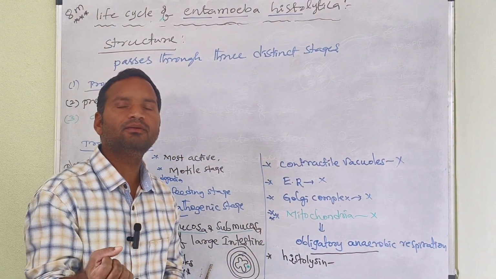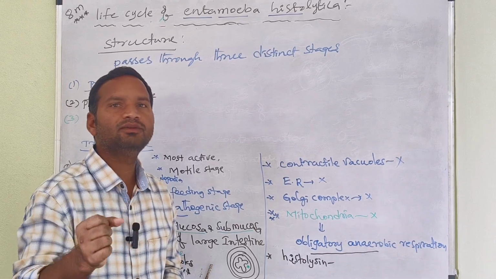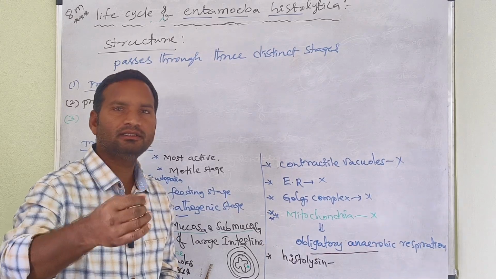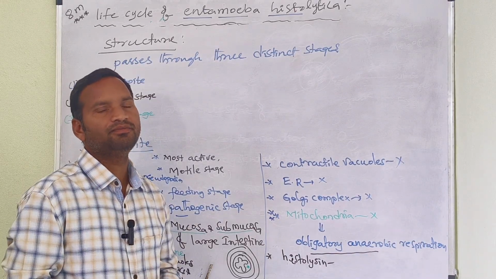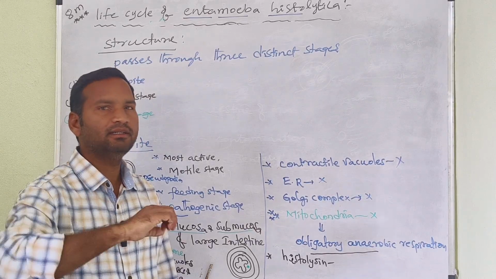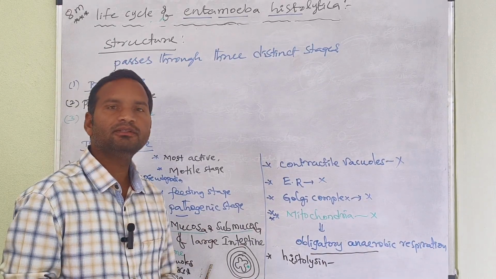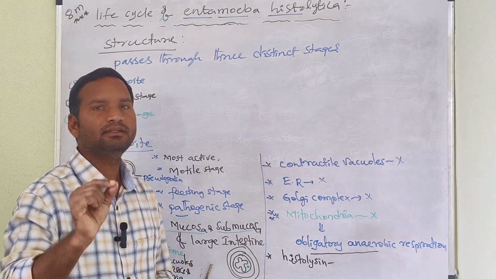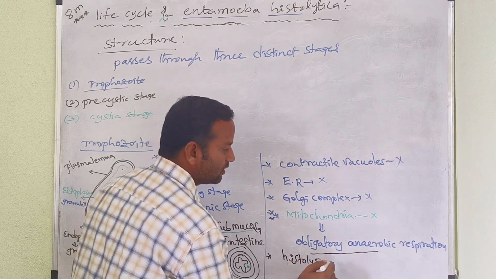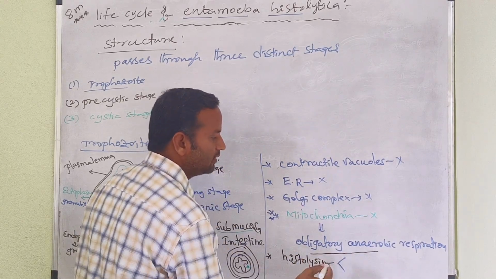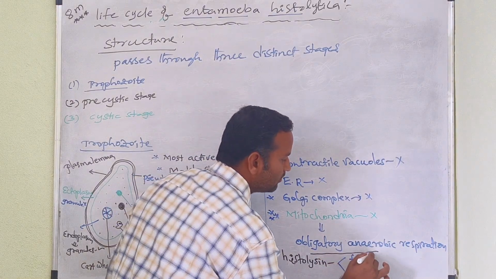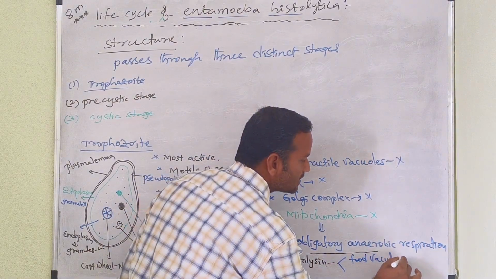It means rupturing the wall of the mucosa and submucosa. As a result, the mucosa and submucosa of the large intestine release blood cells. That's why in this stage it feeds on the blood cells as well as bacteria. That's why food vacuoles are present with bacteria as well as RBCs. Due to the release of histolysin, the wall of the large intestine, the mucosa and submucosa, is dissolved. That's why in this stage food vacuoles are present